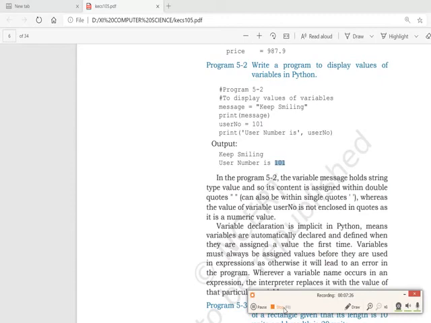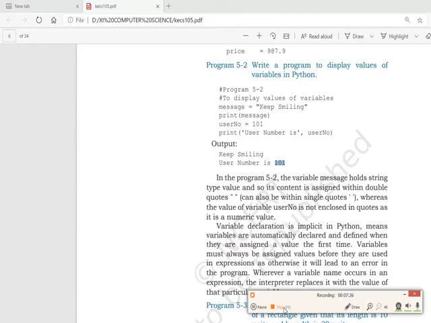While in the next example of print it is printing two things. First of all, the string which is mentioned in the single quote, user number is. After that, because of the comma, the default separator is a space, so it has put one space, and user no is a variable, its value gets displayed. User no is not in single quote or double quote, so it's a variable and its value gets printed here.